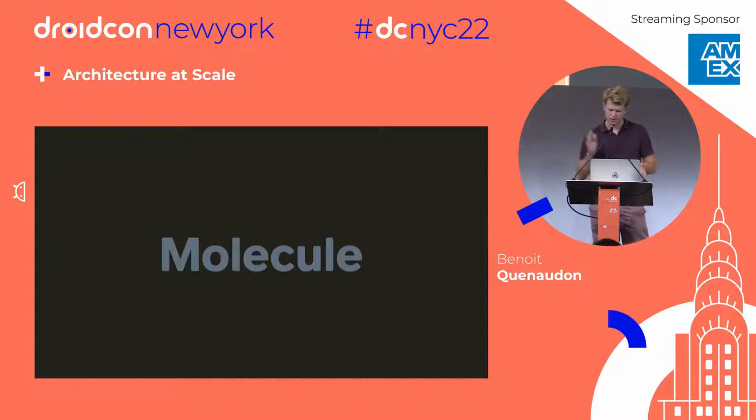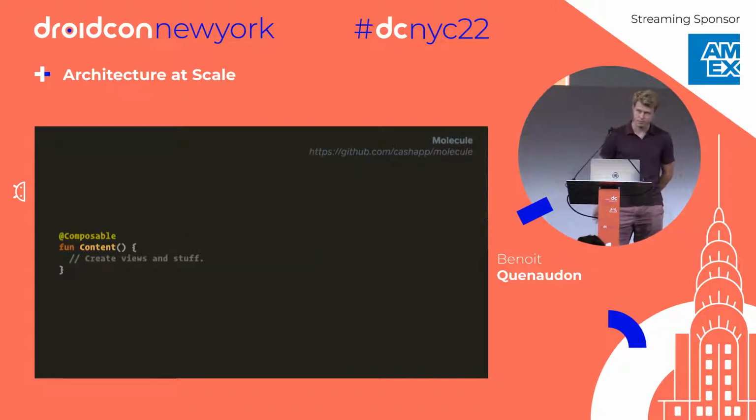So Molecule is kind of my favorite library that we made recently, even though it's kind of simple. There was another talk about this, obviously. In Compose UI, you have a composable method, this time returning unit, where you can create views and everything. But it was the same with Rx, the same with Flow, and the same with composable. It's just something reactive that emits in different ways.